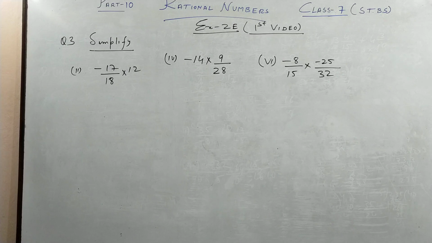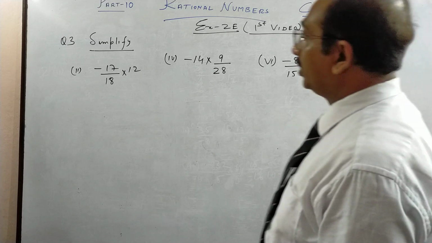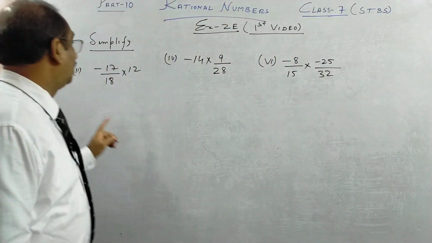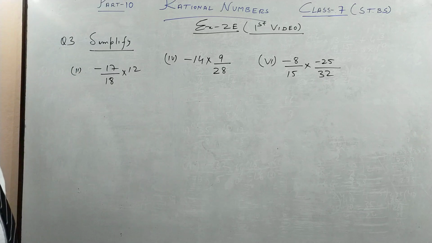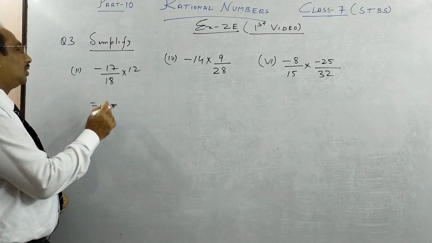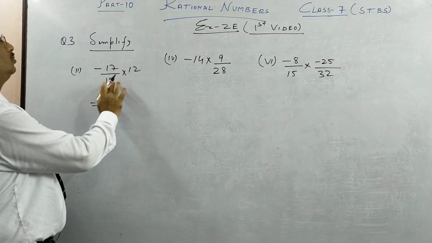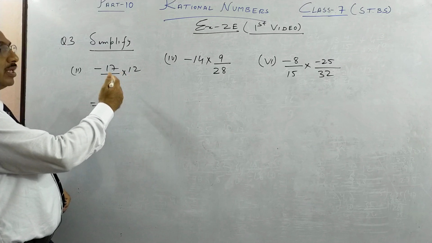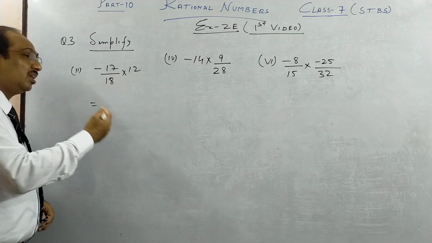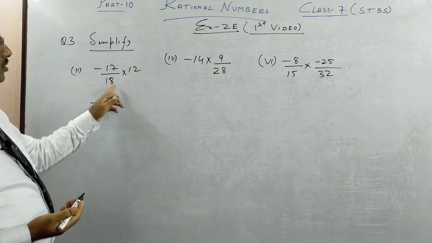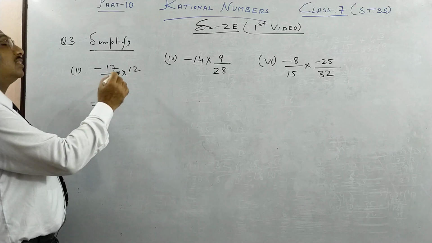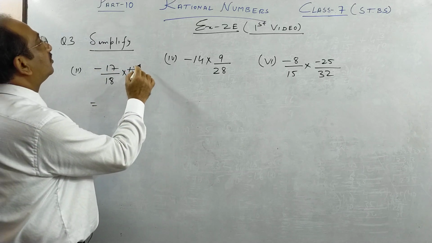So next we move on to question number 3, part 2. Here we are doing multiplication of rational numbers. So you have to know the tables very nicely, children. And this 2, there are 2 ways you can cancel with 2 and 2. So generally go with HCF, the highest common factor. So 6 is the biggest number which will divide this.